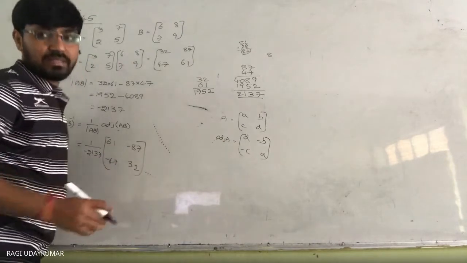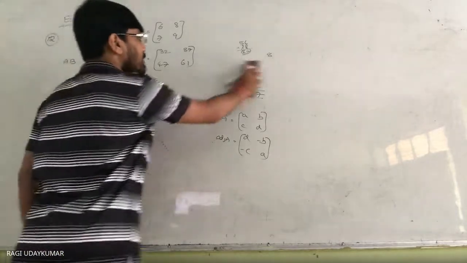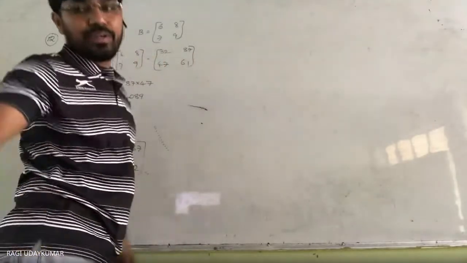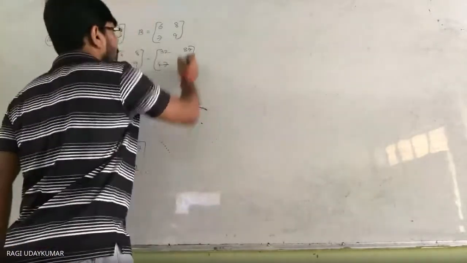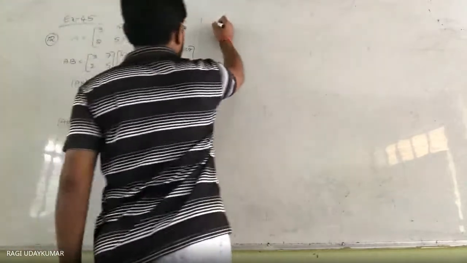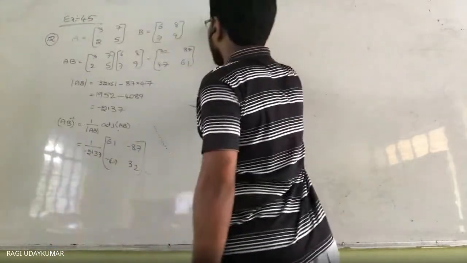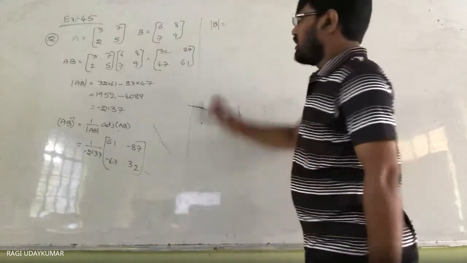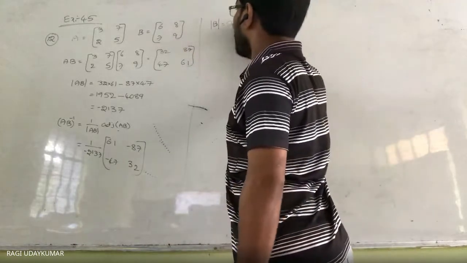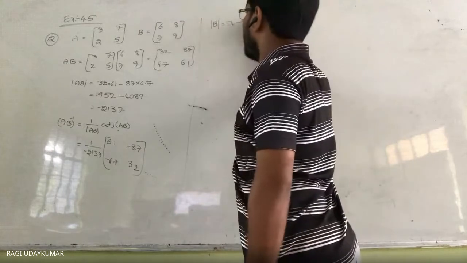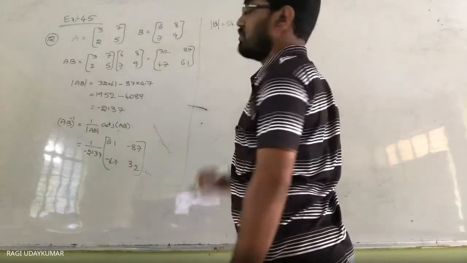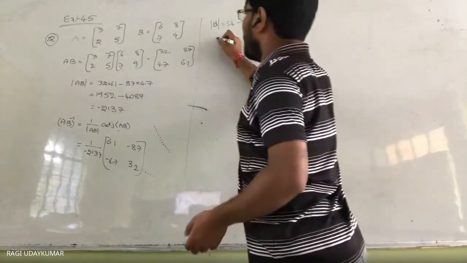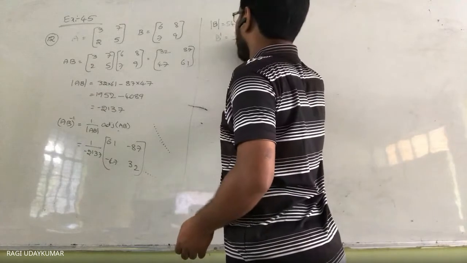This is AB inverse. And you need to find B inverse and A inverse individually, and find the product of those two matrices. So how do you find B inverse? To find B inverse, first you need the determinant of B. 9 sixes are 54 minus 8 sevens are 56, we are going to get minus 2. Therefore it is a non-singular matrix, so the inverse exists. B inverse is equal to 1 by minus 2 into